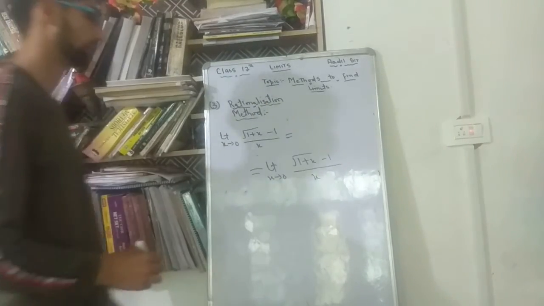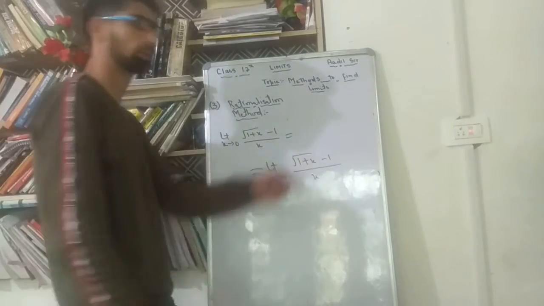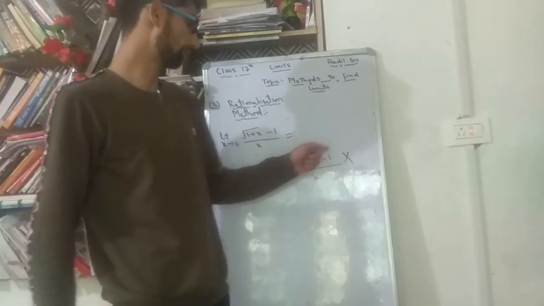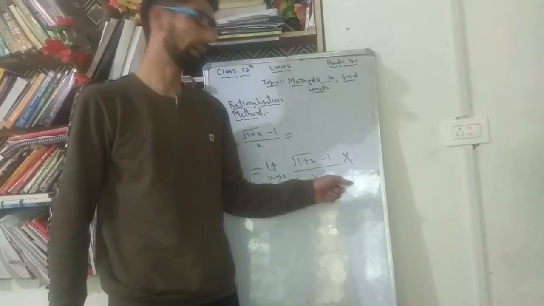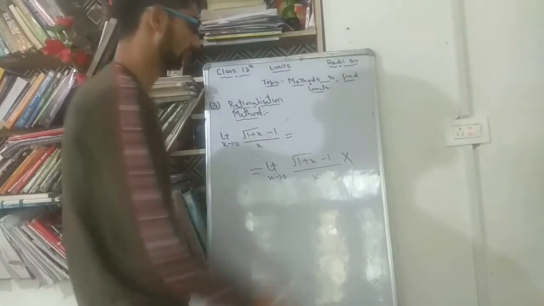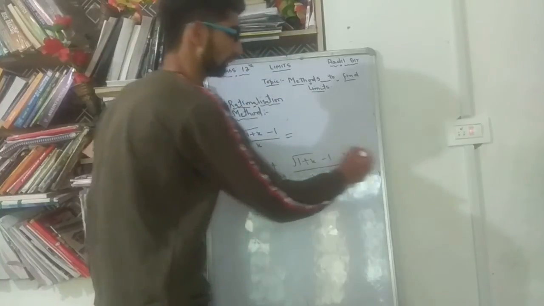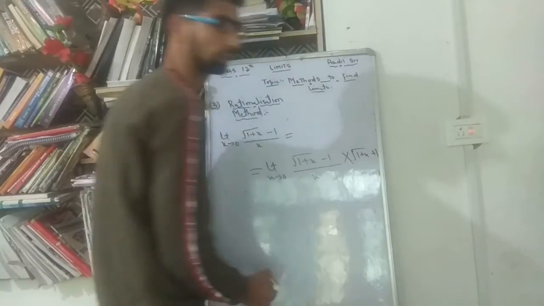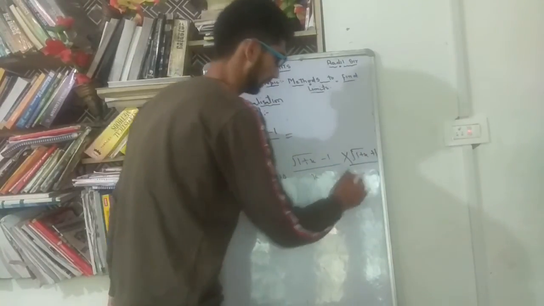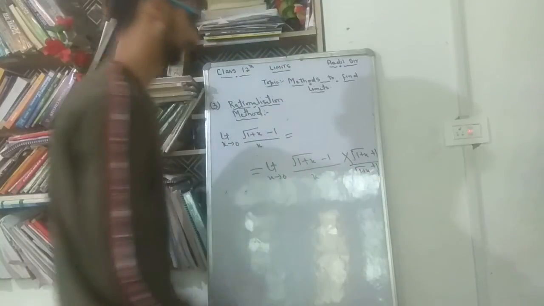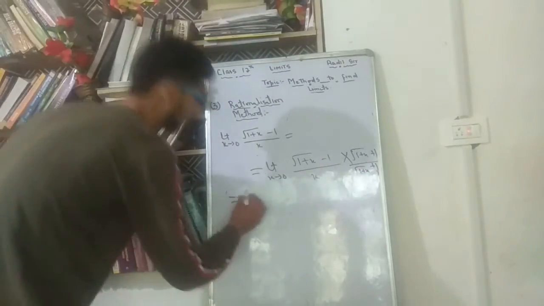Now what we have to do? We have to rationalize the numerator. So in order to rationalize the numerator, we have to multiply both the numerator and denominator by the conjugate of this. So that is, beta, root of 1 plus x. Here it was minus, but it will get plus. Now divided by root of 1 plus x plus 1. This is our rationalization, so it will become, beta, limit